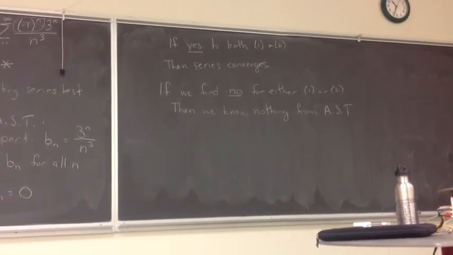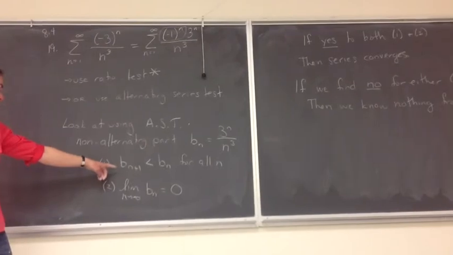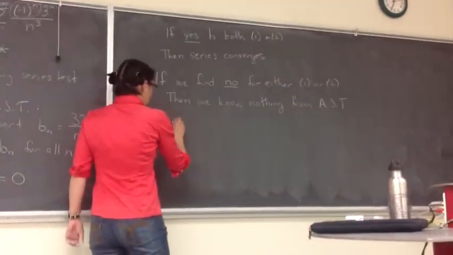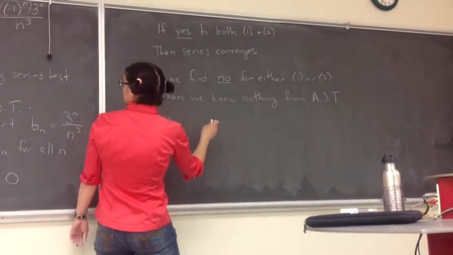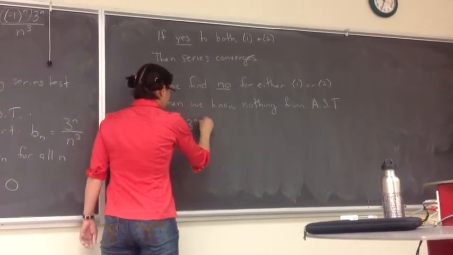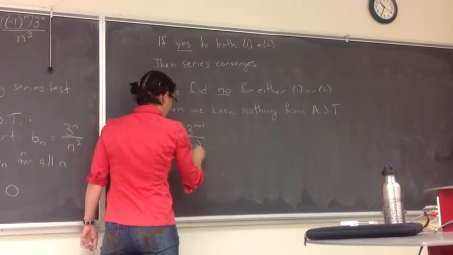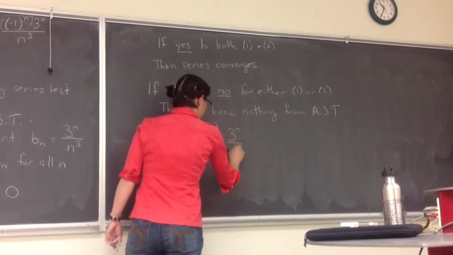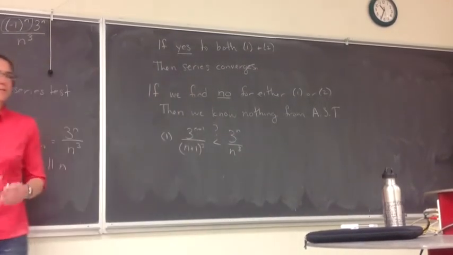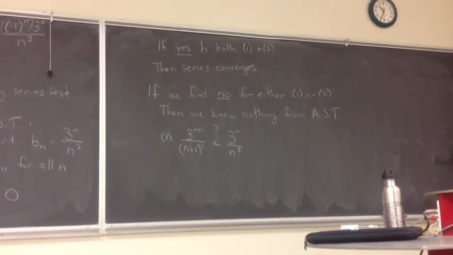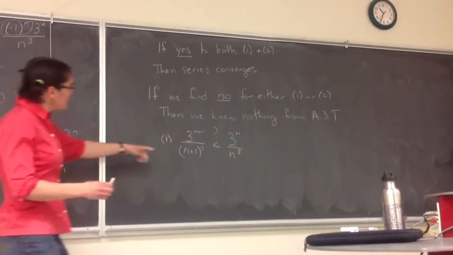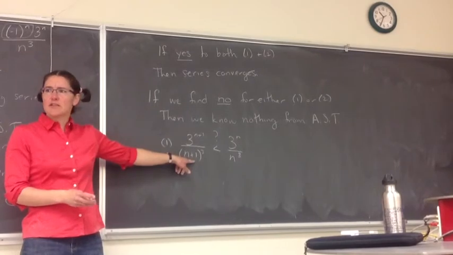Okay, so let's take a look at what we have here. So our check here, Bn plus 1 is less than Bn for all n. So if we look at that, then we're looking at the question of, is 3 to the n plus 1 over n plus 1 cubed less than 3 to the n over n cubed? Aaron, you say no. And why do you say no? Because the top, the 3 to the n plus 1, is bigger than 3 to the n. Yeah, I mean, we are still dividing by something that's a little larger over on this side, but even if I check, say, for example,